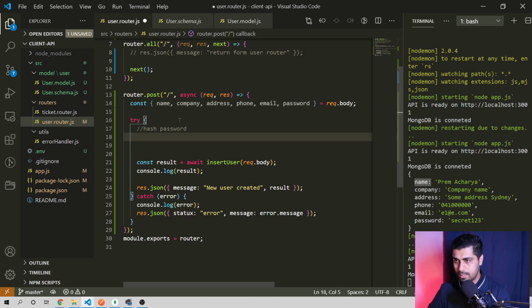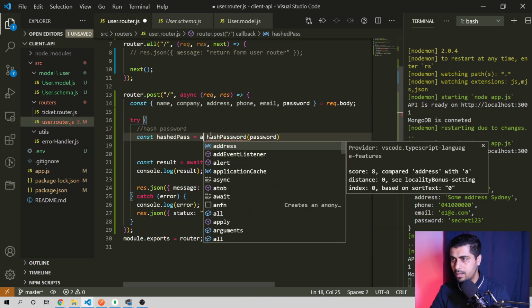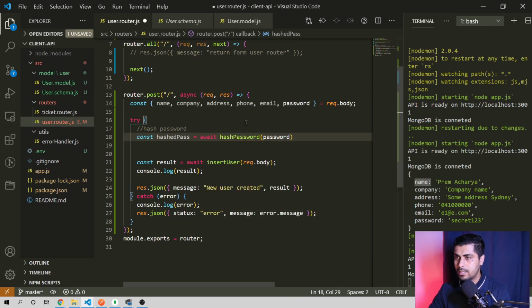I'm going to say const pass equals await hashPassword function, and we pass the plain password to this function and wait until it returns. We cannot use await unless the function has been defined. And let's create this function